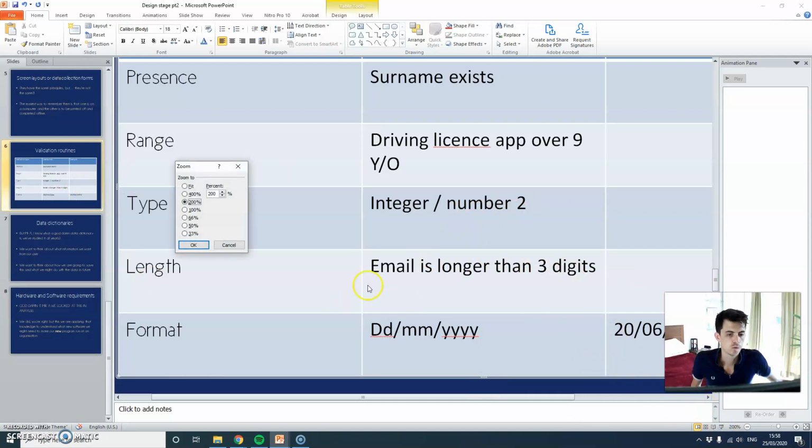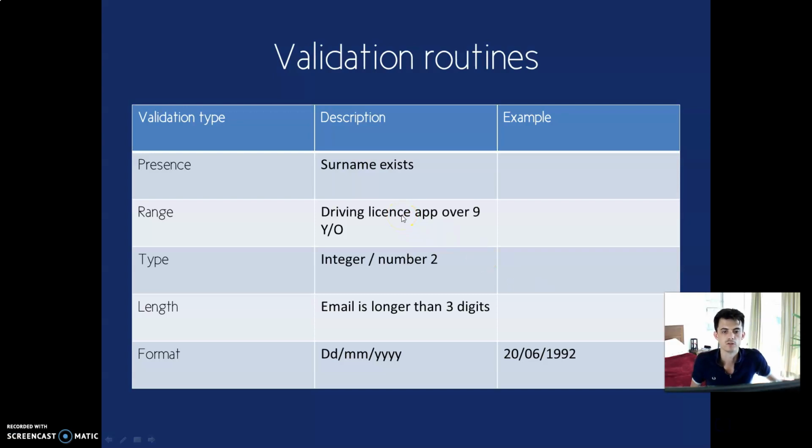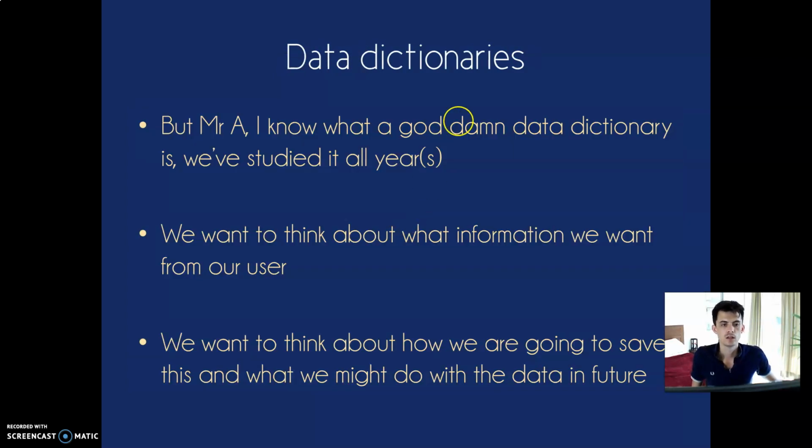So what we've got is a very, very basic validation routine. So these are what we're going to be testing against to make sure our users entered information in the correct way. So data dictionaries, we've done it many times. We're probably bored of it. This is when we're basically on paper outlining how a database is laid out. We're thinking ahead, we're thinking what information do we want from our user and what might we do with that